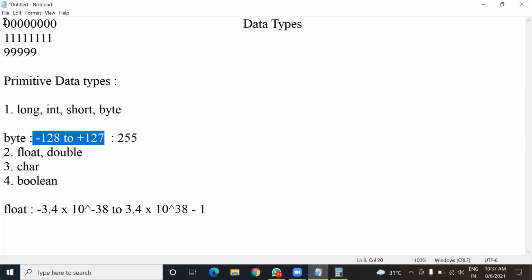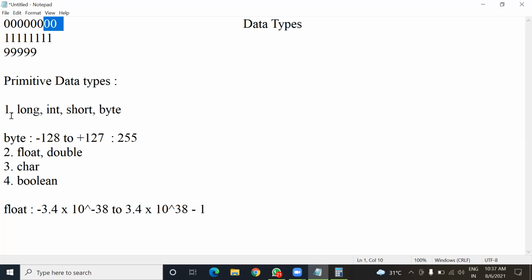Now if you have to increase its value from 0 to 1, you have to use 1. So for this 0, if you put 1 here, this value now becomes 1. If you put 2 times 1 here, it becomes 3. So if you know how to convert binary into decimal, you can figure out how it is going on here.